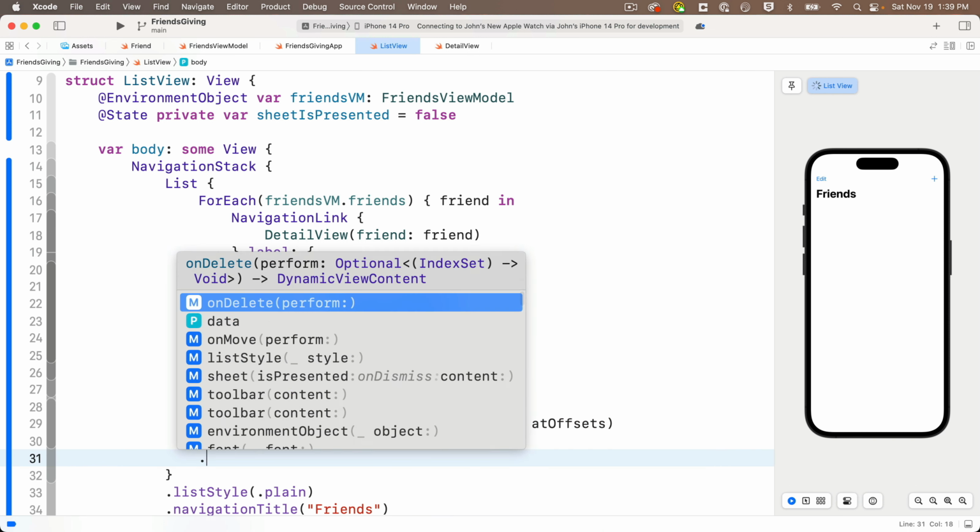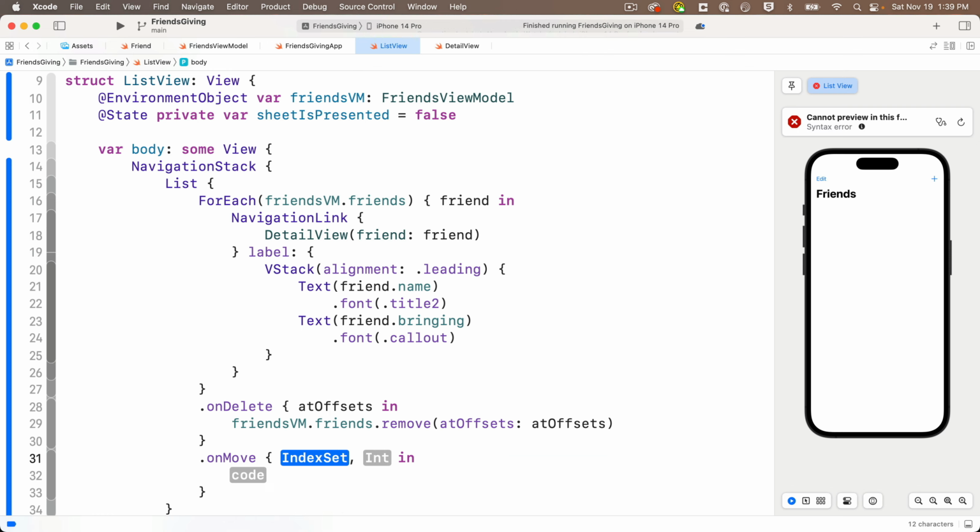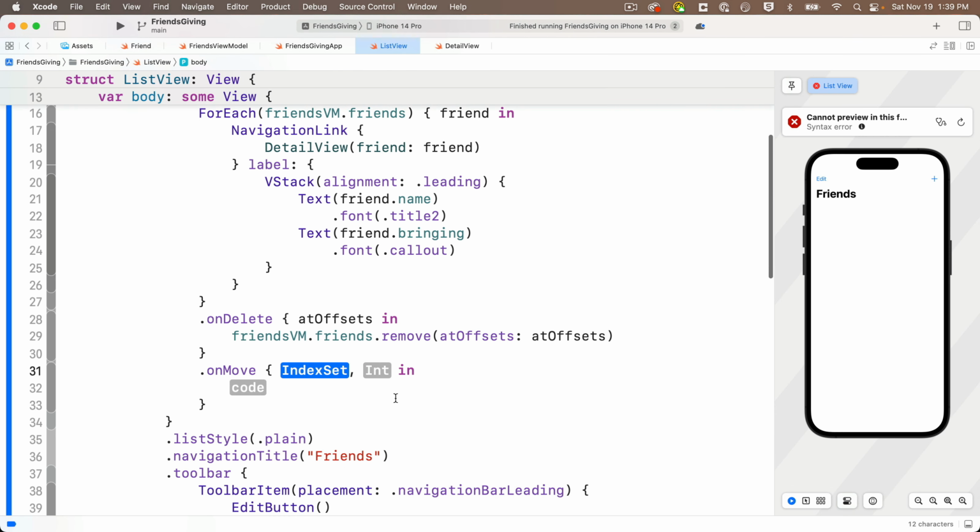But below this, we'll also add our onMove function. Again, there's only one option, perform, press return. We have two values that are passed in here. One's an index set, one's an integer, and you guessed it, we also have a special move method in SwiftUI that can move elements of an array. So we'll get that with